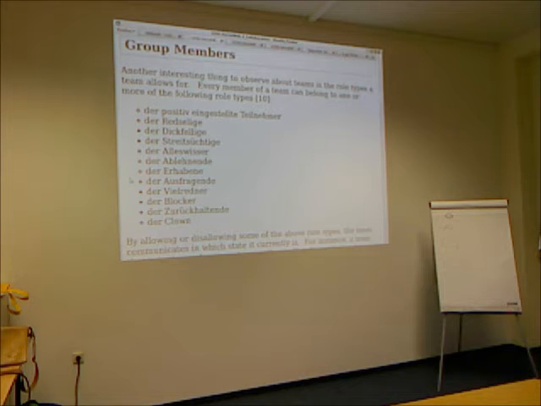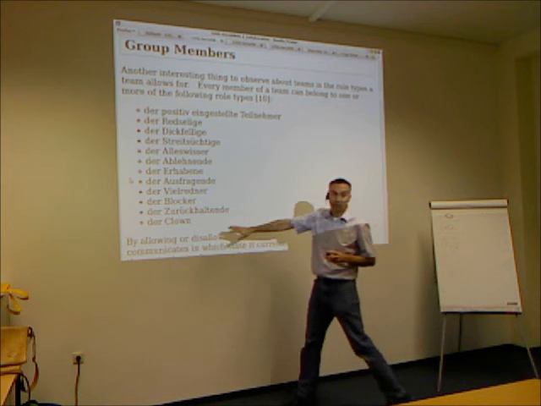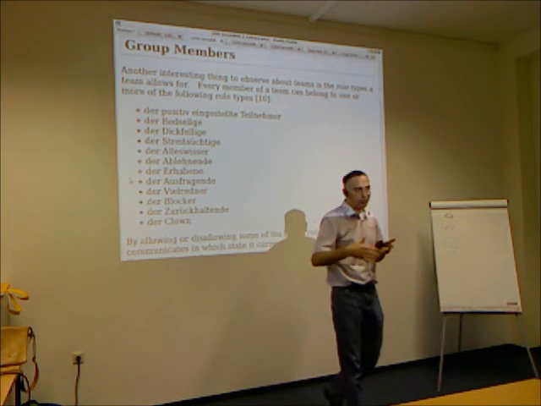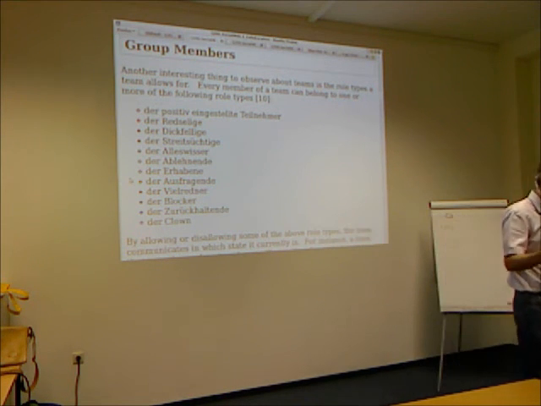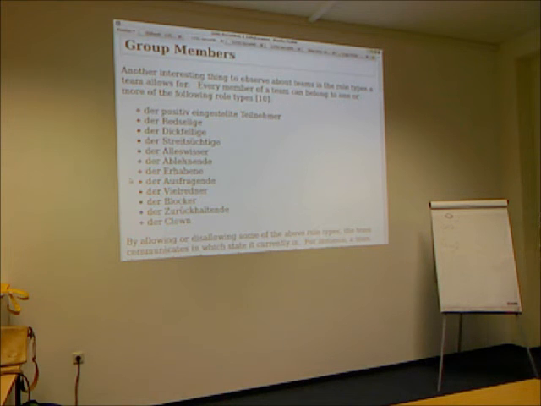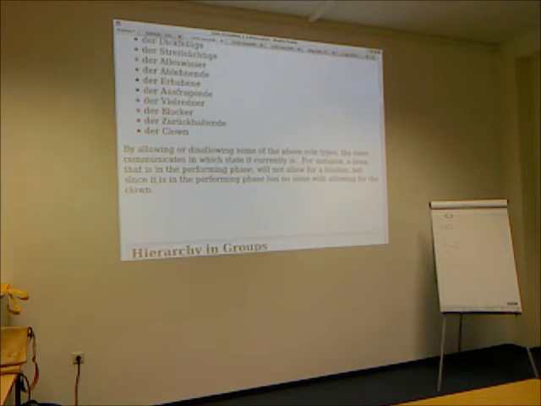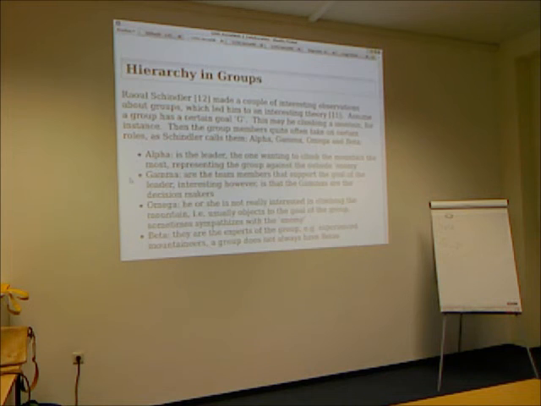So if it's in the performing stage, yeah, if everything is fine, everything runs smoothly, you don't have a problem with allowing a clown. Yeah? The clown, now it's fun, yeah, we're doing good work, and so the clown is a good member of the team, making this whole work fun. And so this is an interesting process that I hadn't seen before. I just saw this about a year ago, that by looking at the team and seeing what kind of members they allow, you can tell in which of the stages these teams are. So I thought that was quite interesting. Alrighty. There's a completely different model, and let me talk about that one.